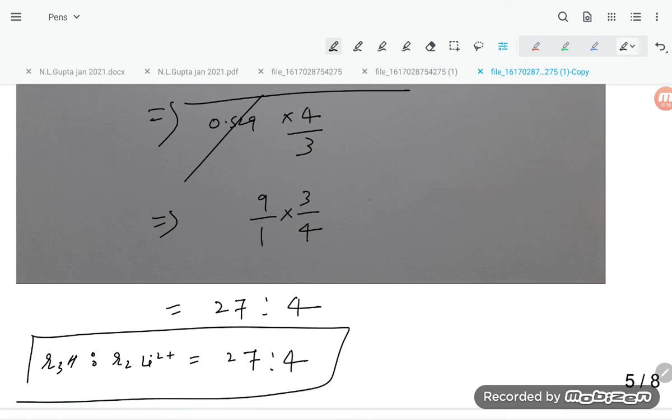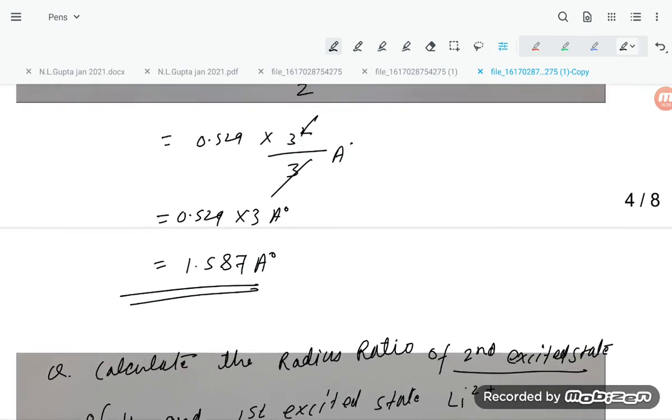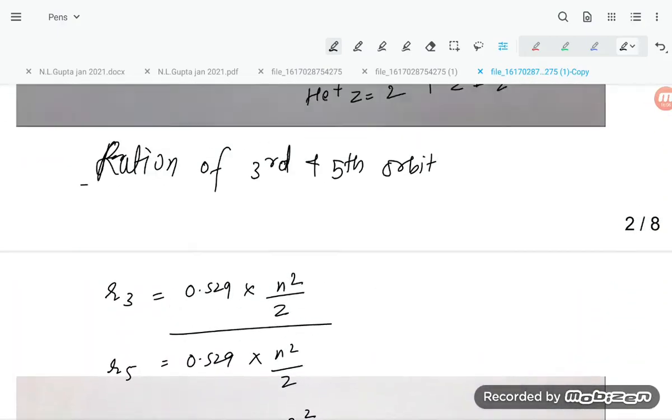So that is how we can solve problems based on the radius of hydrogen and hydrogen-like species, student. In the next video we will try to calculate the energy of the various Bohr orbits,